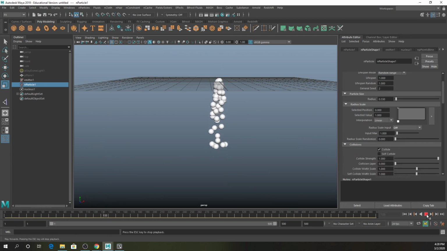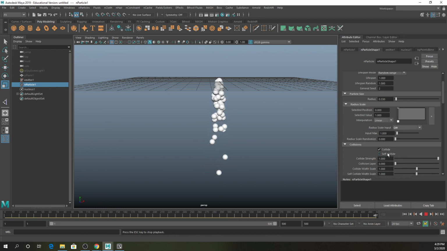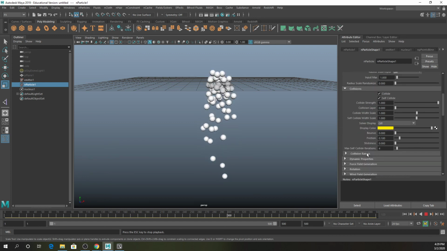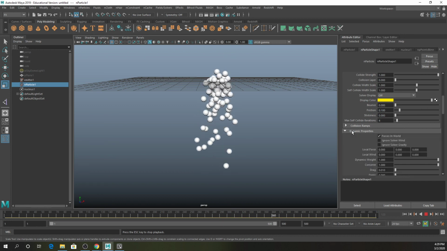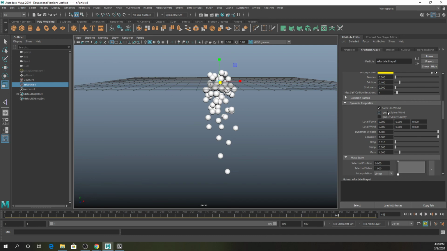And then the other thing that's kind of cool is collide. So right now this is set to, if you have any ground planes or whatever in your scene, it'll collide with that. You can, if you want, turn on self collide. And you'll notice that it actually changes the way that these are being spawned. So for sparks, I think they're small enough it probably doesn't matter. But what this does is the particles behave like bouncy balls, basically, where they hit each other, and they won't spawn on top of each other. You can also mess with their collide strength or whatever. So just different ways to affect that. Where particles get fun is you can change the way they affect